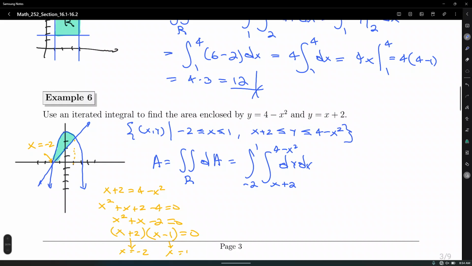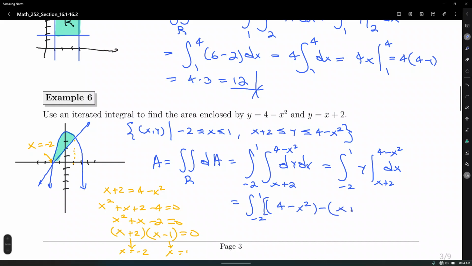Let's evaluate this integral. Okay, the integral with respect to y, that's the integral between negative 2 and 1 of y between x plus 2 and 4 minus x squared dx. What are we going to do? Upper limit minus lower limit. That is the integral between negative 2 and 1 of 4 minus x squared